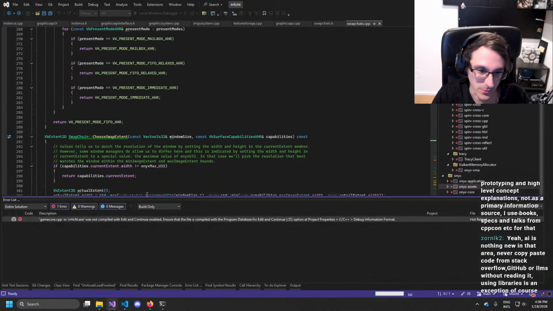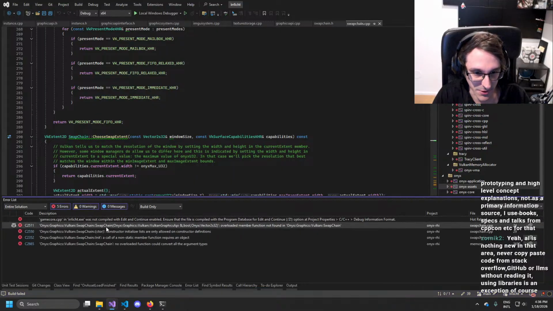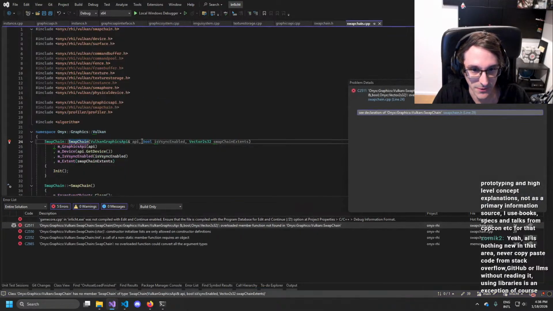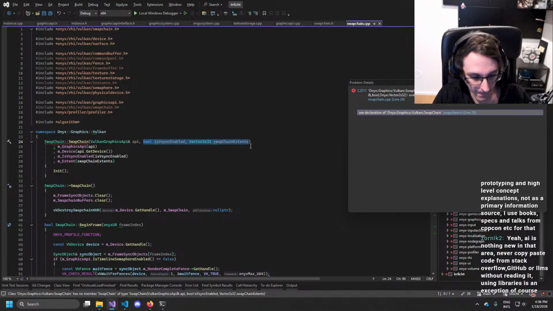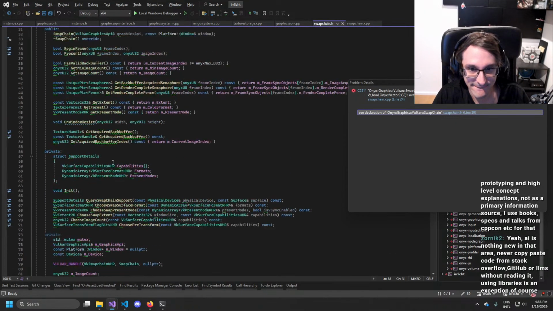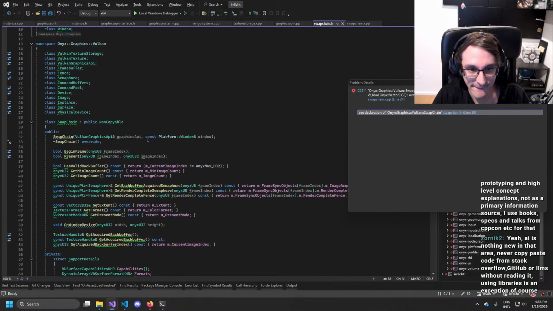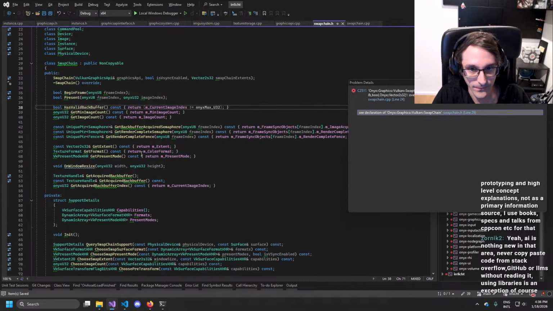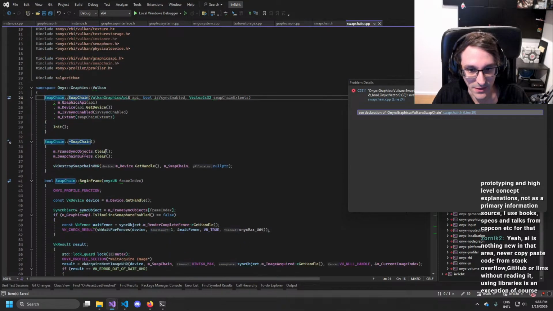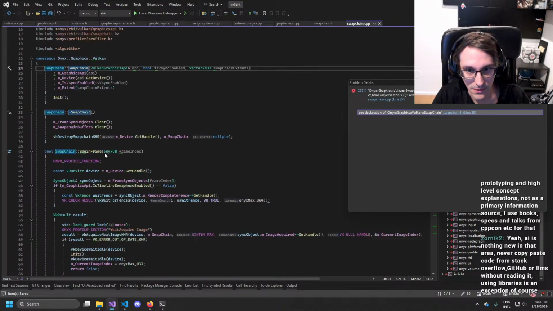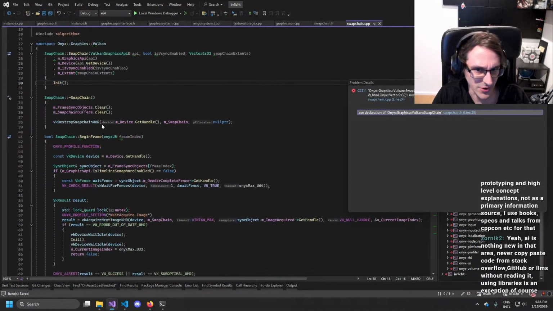Now we just need to, where we call the swap chain create, of course, we need to change that. Then we don't have any window dependency anymore, right? Yeah. Which is kind of nice.